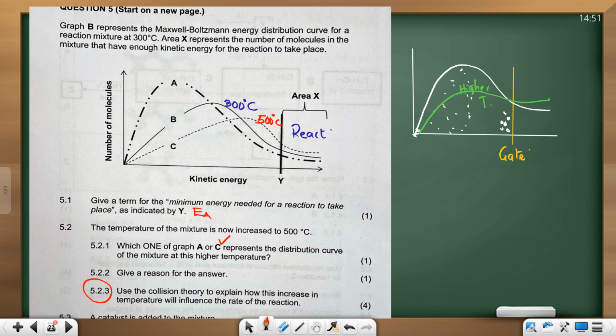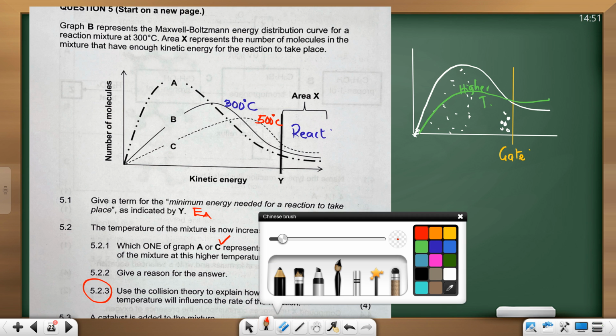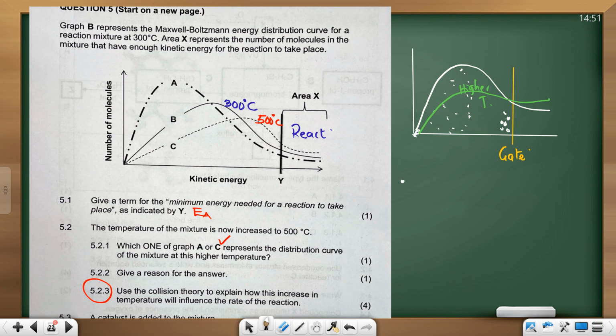Don't write stories. Now you should get the 4. Please write it in bullet forms. Let your answer be in bullet form. Number 1, increase in temperature will what? If we increase temperature, don't write stories. What's going to happen? Kinetic energy of what? Particles will